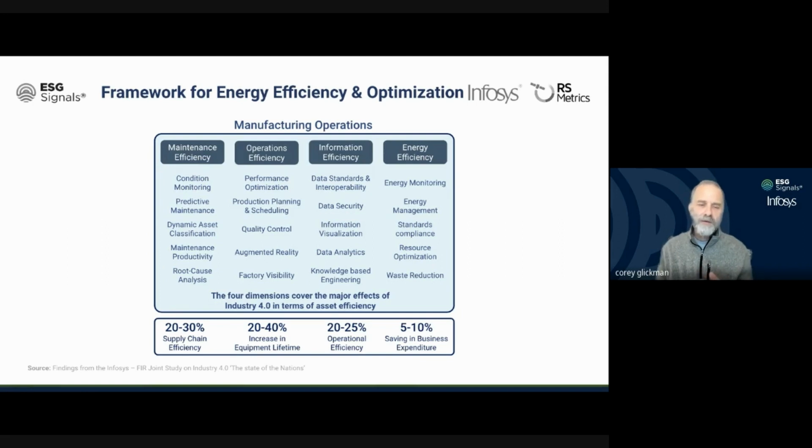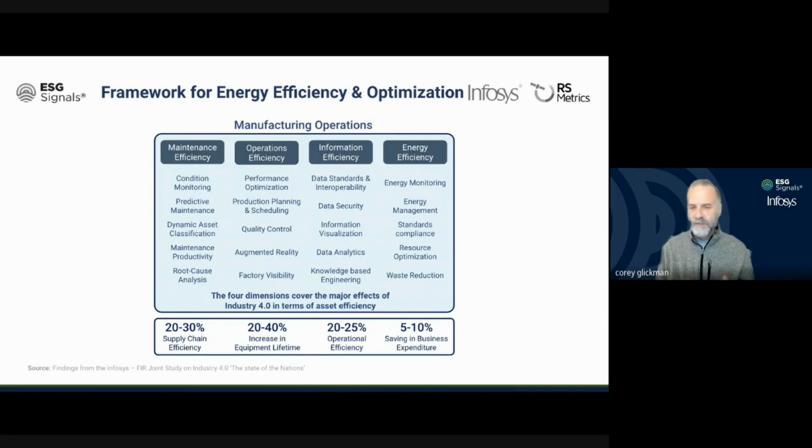So when we look at maintenance efficiency, as we start applying these ideas of powerful ESG data combined with Industry 4.0, we start looking at objects such as condition monitoring versus scheduling monitoring. You just don't do things because it's on schedule. You do things because you have the data that says what is happening, and you also have data that says what could possibly happen in the future. So I can start making decisions of, do I look at schedule as compared to energy, to carbon, to the ability for the supply chain to deliver? If I have that data, I can be much more accurate of what's happening here.